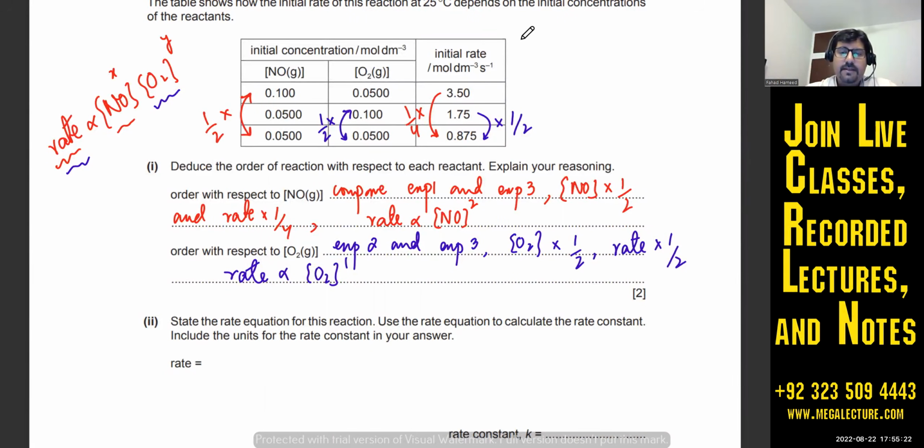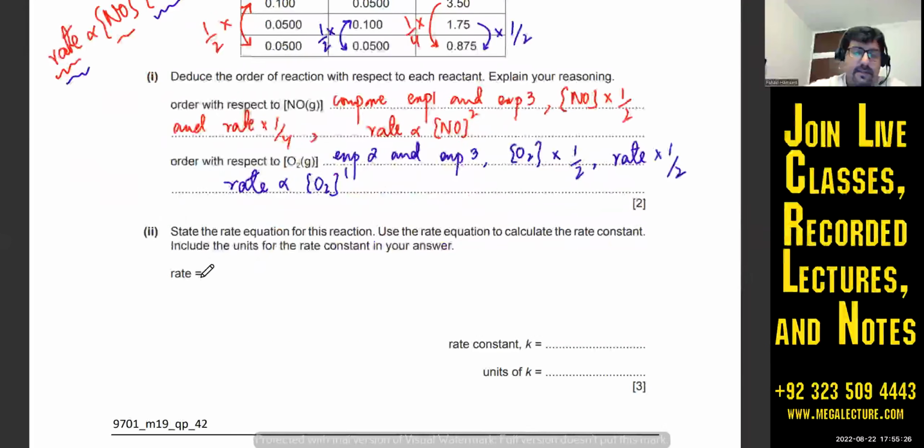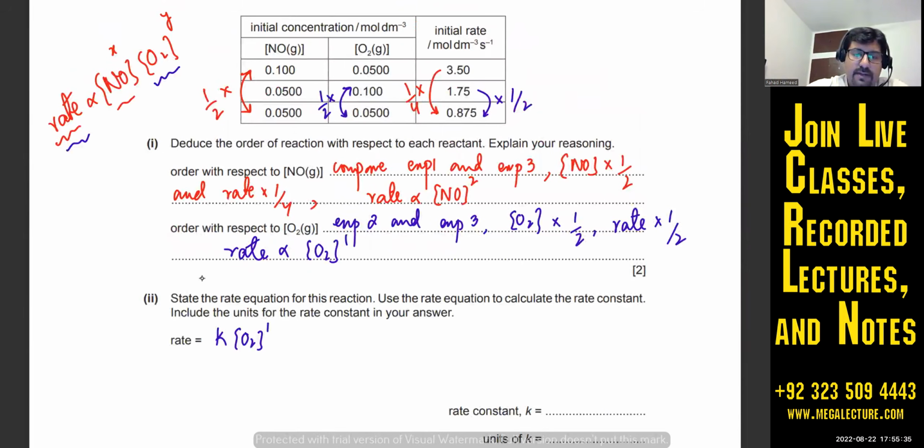और फिर वो कह रहा है कि अच्छा चलो, फिर वो is asking you to figure out the rate constant and the rate equation. So it's k, rate is proportional to O2's concentration power 1, and it was proportional to NO's concentration, and that was squared. और वो कह रहा है कि use the equation to calculate the rate constant. Use the rate equation, and he didn't say which particular reaction. I'll take any experiment and I'll put in the values. तो पहले का कर लेते हैं।